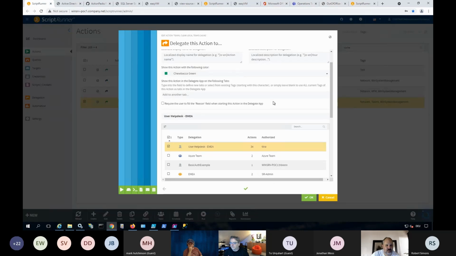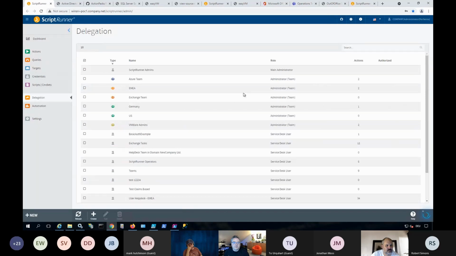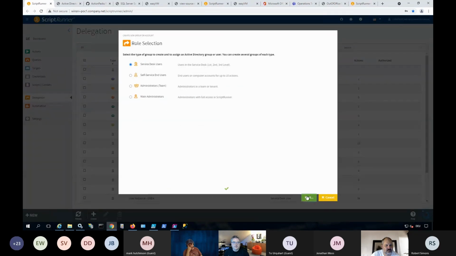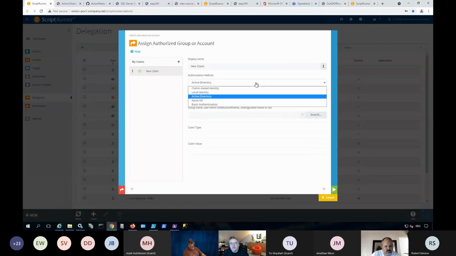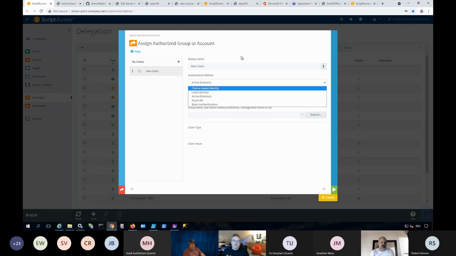So is that SSO, or do they have to actually type in their username and password? Yeah, so in this case it would be an Active Directory user. So when it comes to delegation, it can be an Active Directory user. It could be an Azure Active Directory user. It could be a claim-based identity, which can be used if you have multi-forest scenarios and you want to delegate something from a remote forest. Local identity typically is really just for testing because it's your local user, and basic auth is there for particular